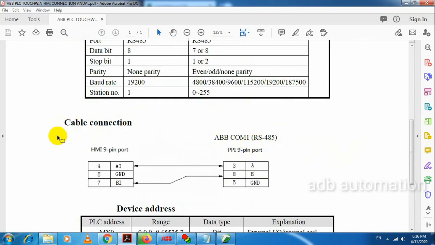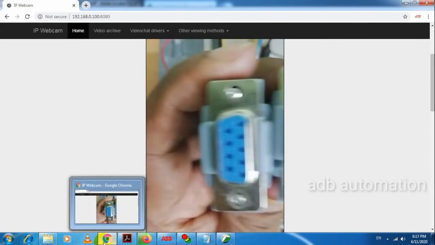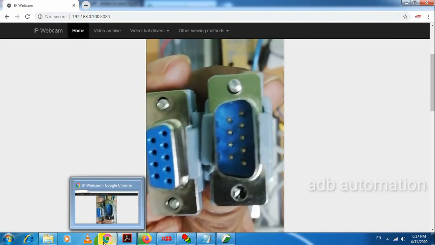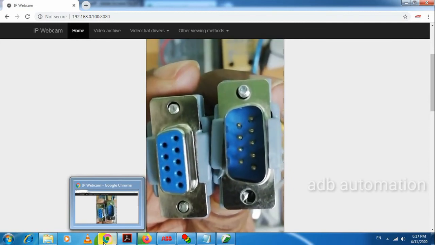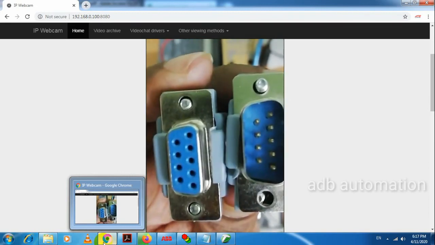So I have made the cable already. So now I am going to connect that cable to PLC and HMI. I'll show you the cable. So this is the cable. One side male connector, another side female connector. Female side I am going to connect to HMI, and male side I am going to connect to PLC.